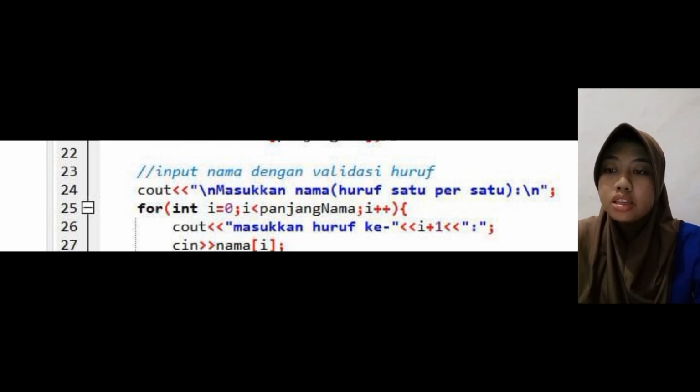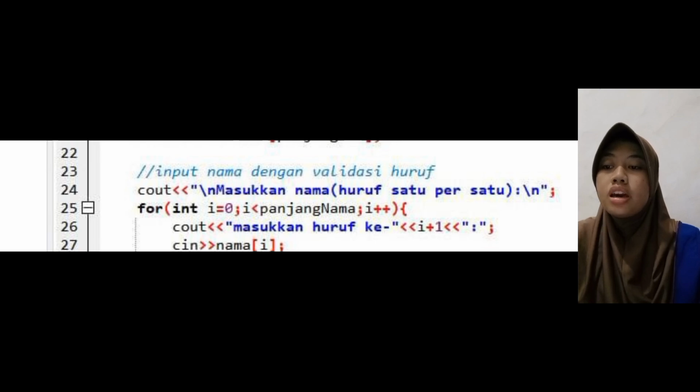And the int i declares a variable as an integer and initializes it with the value 0, and variable i will be used as an index to access elements in the array.